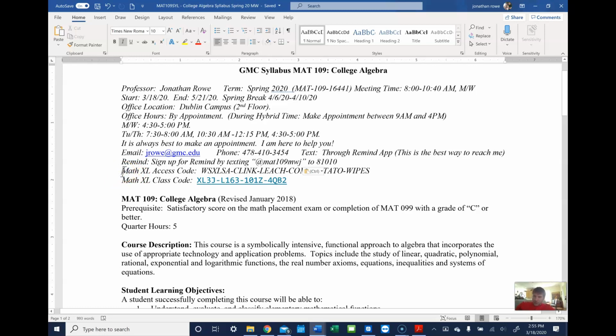MathXL is how we're going to be doing most of our class assignments. This is a really good thing for you. MathXL gives a few really nice advantages. It's an online platform where you do assignments. It's a really nicely done thing through the Pearson company that does the textbooks. The advantages are